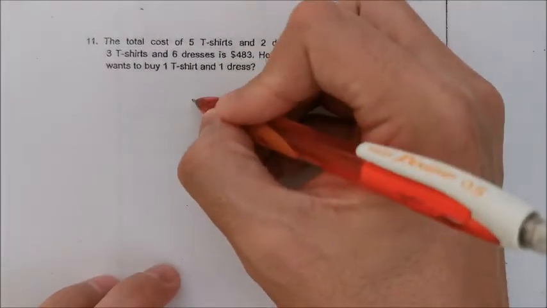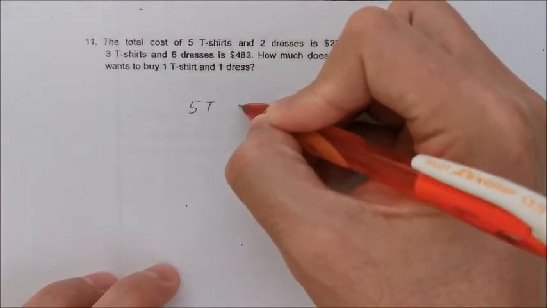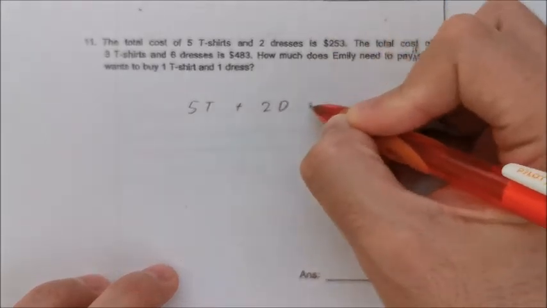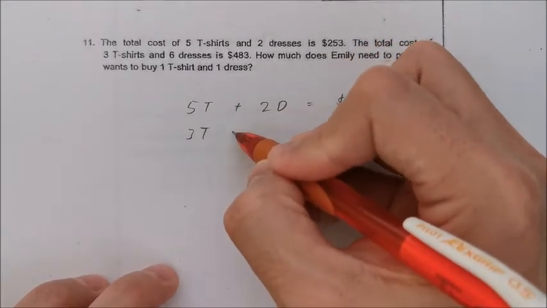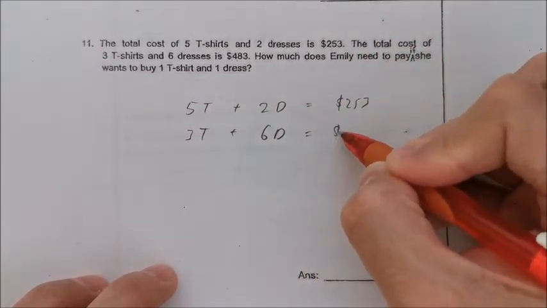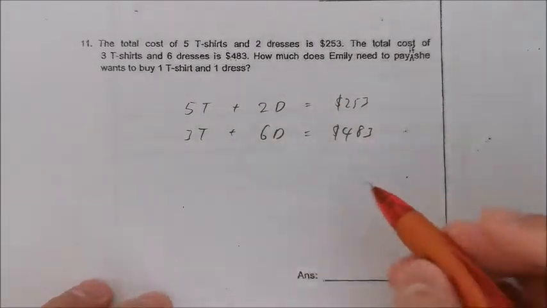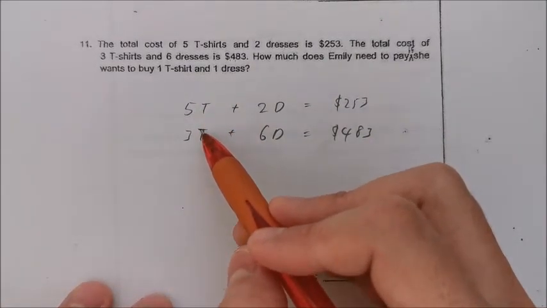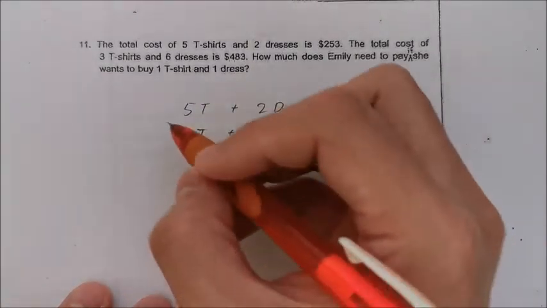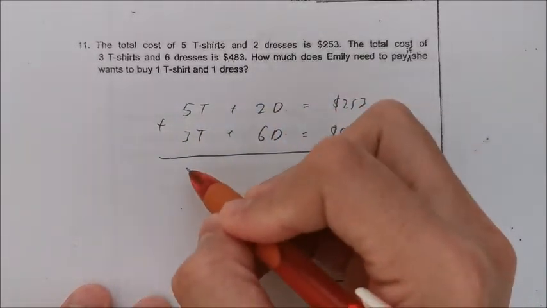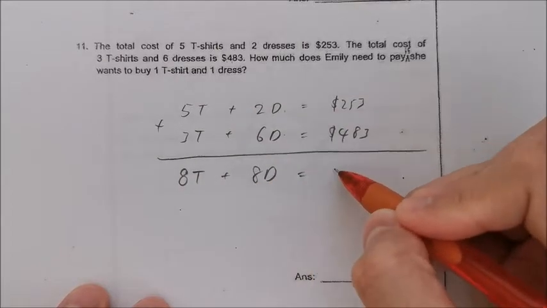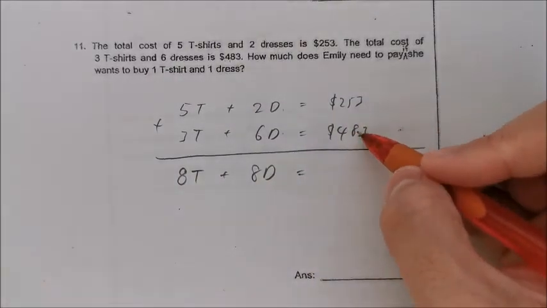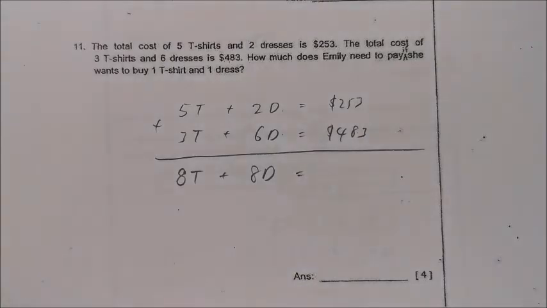So what we do is that we just write them up. We should see a pattern. So 5t plus 2d, 2 dresses, is 253. So 3 t-shirts plus 6 dresses gives us 483. So guys, can you see that this 5t, 3t, 2 dress, 6 dress, if we add them together, they will give us the same number, which is 8t plus 8d. And of course, if we add, the total amount at the back we also have to add. So 253 plus 483, I have